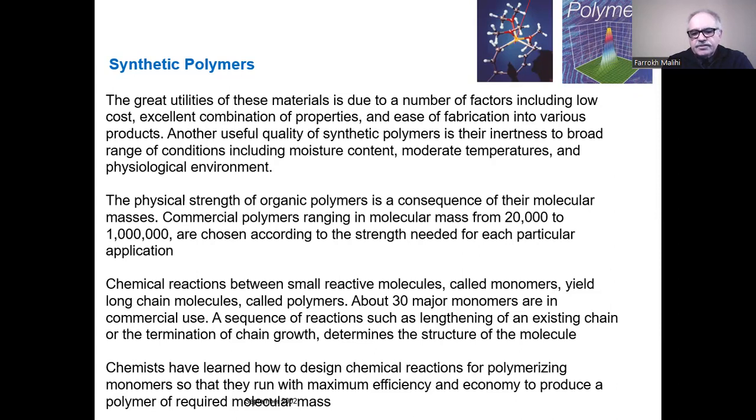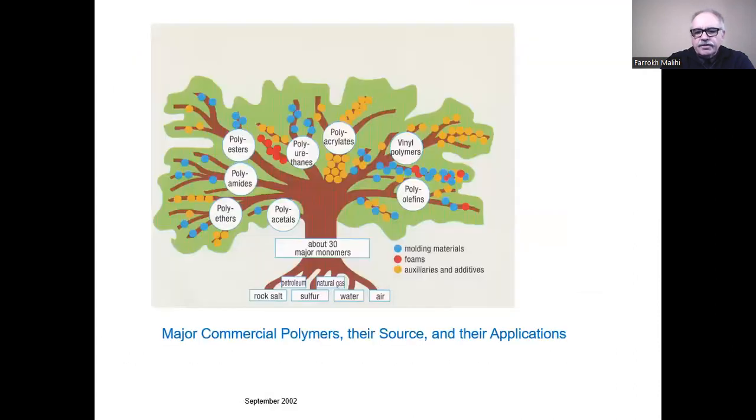Over the years, especially after the Second World War, chemists have learned how to design chemical reactions for polymerizing monomers so that they run with maximum efficiency, economy, and to produce polymers required for specific application. This photo here shows major commercial polymers, things like polyesters, polyurethane, polyacrylates, polyacetates, vinyl polymers, polyolefins,